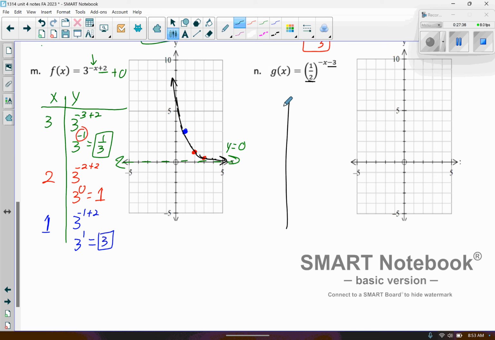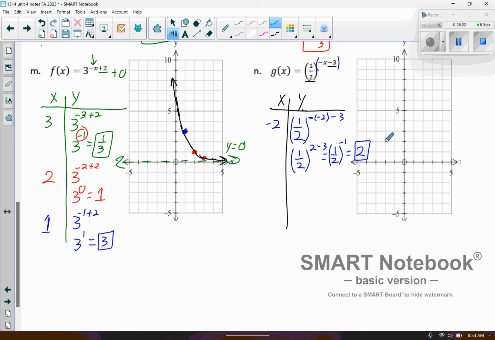And so once again, we want to pick values that will make my exponent -1, 0, and +1. So to make it -1, this is kind of interesting. I need to plug in a -2, and I'll show you the algebra on this. So what's going to happen here is you have 1/2 as your base, and then you're going to have -2 minus 3. And so see those double negatives right there will turn into +2 minus 3. And so then we get 1/2 to the -1 power. And then you take the reciprocal of that and it's 2. So at